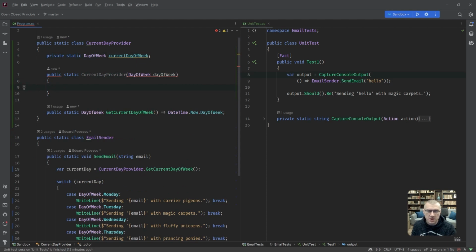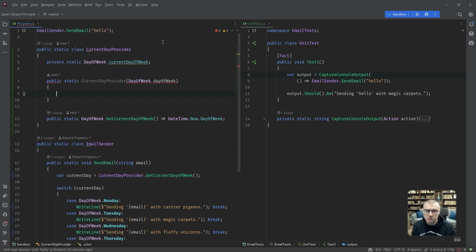Static constructor must be parameterless. This isn't going well. I thought I could inject a day of week. Okay, never mind. No constructor, no cry. Fine. Public static. Set current day of week. Why not?